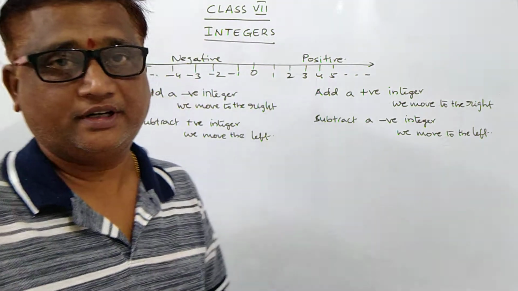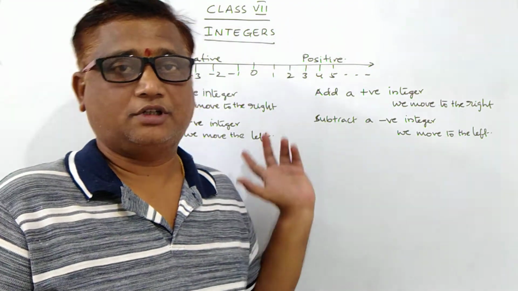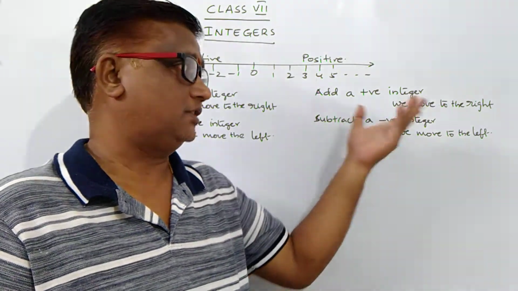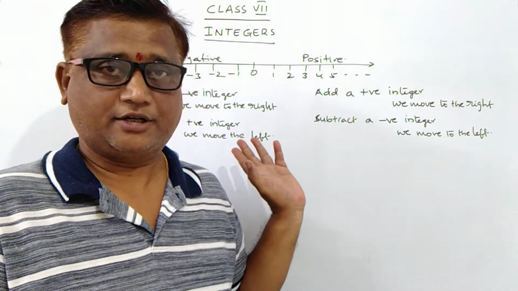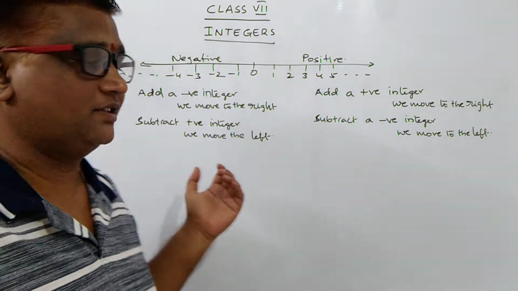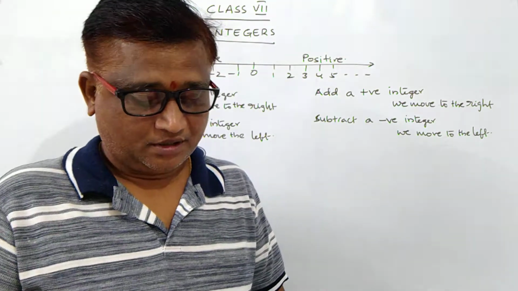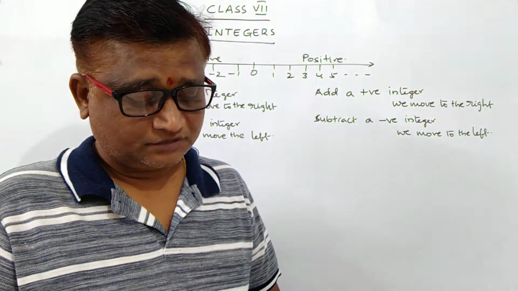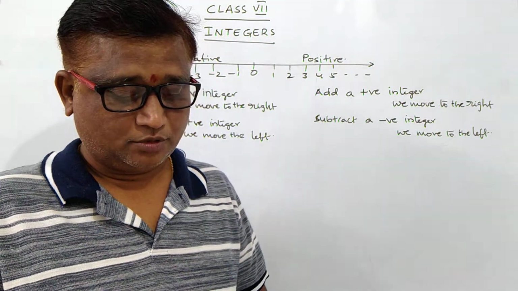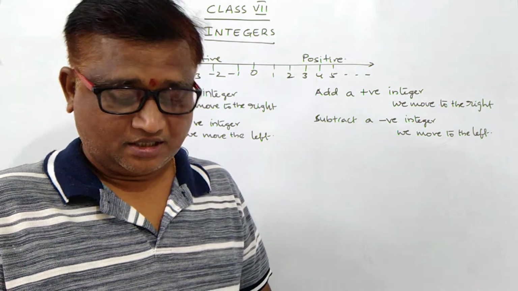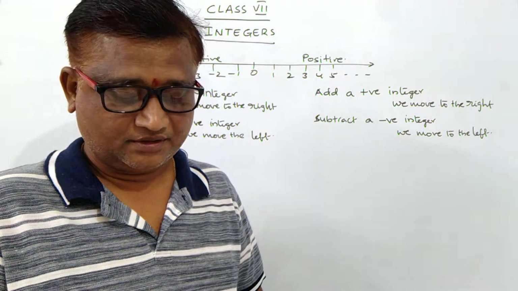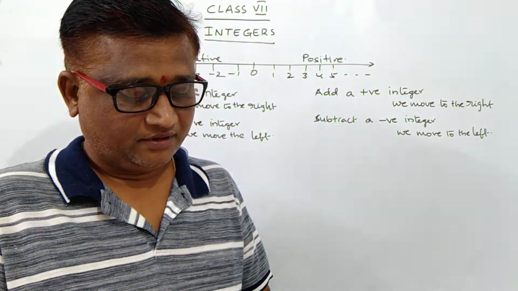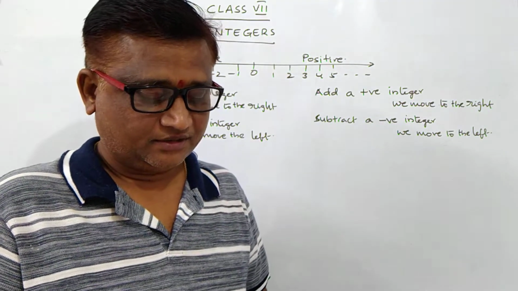Already in 6th class we did what is negative and what is positive. Positive means high degrees; low degree, that means the temperature is low, means it is negative. Now the second question: in a quiz, positive marks are given for correct answers and negative marks are given for incorrect answers.